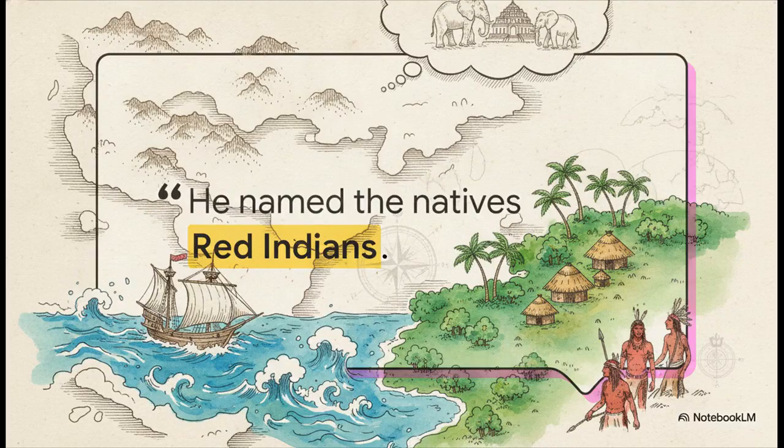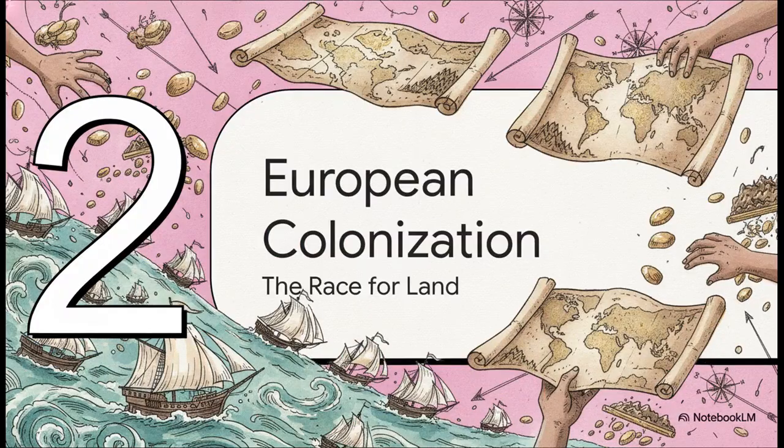And this right here led to one of history's absolute biggest geographic blunders. Columbus was so convinced he'd actually reached India that when he encountered the native inhabitants, he labeled them Red Indians. It's kind of crazy, right? A massive mix-up that coined a term that just stuck for centuries, though those native populations were later properly referred to as Amerindians.